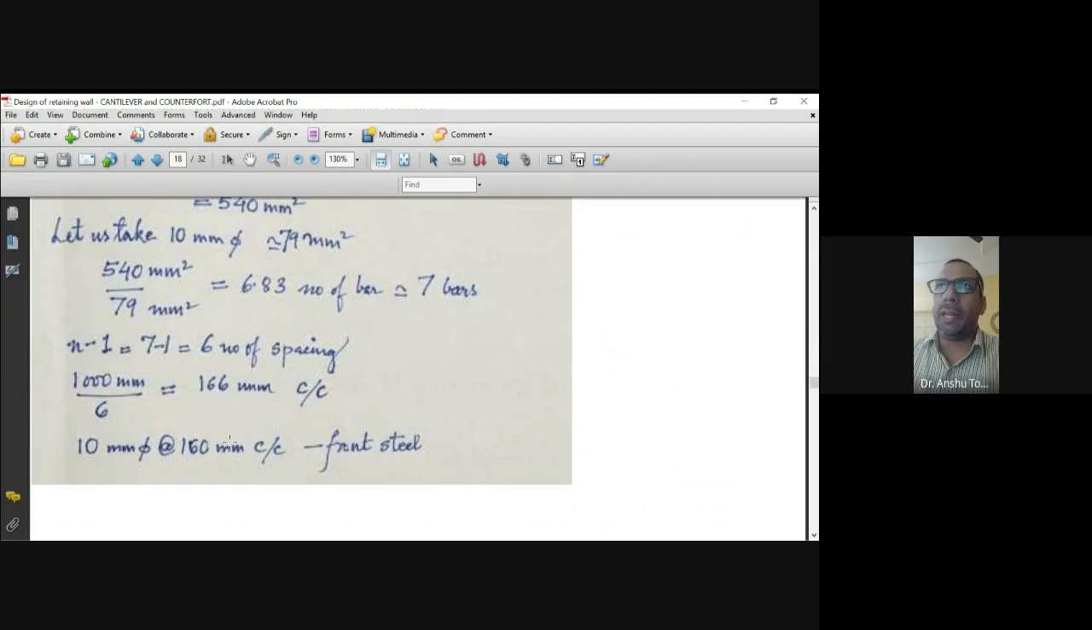So here we can see, after using 10 mm dia, which is having 79 mm square as the area for each bar, number of bars are coming out 7. Number of spacing will become 7 minus 1, that is 6. So 1000 divided by 6, per meter run में जो spacing आएगी, that will be 166 mm spacing. So we will take 160. So this will become front steel. That is, you can say either front steel or distribution steel also, whatever you want to say. But it is preferable to write